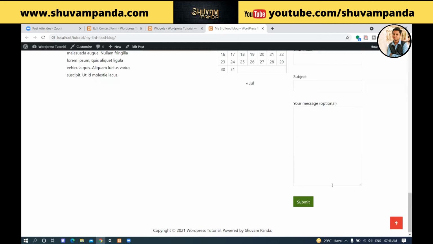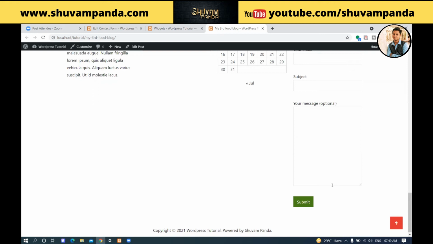Previously, with an HTML website, you had to write the footer code in each of the pages. For the home page, footer. For the about us page, again footer. If you want to change any small thing, you have to change it on all pages.